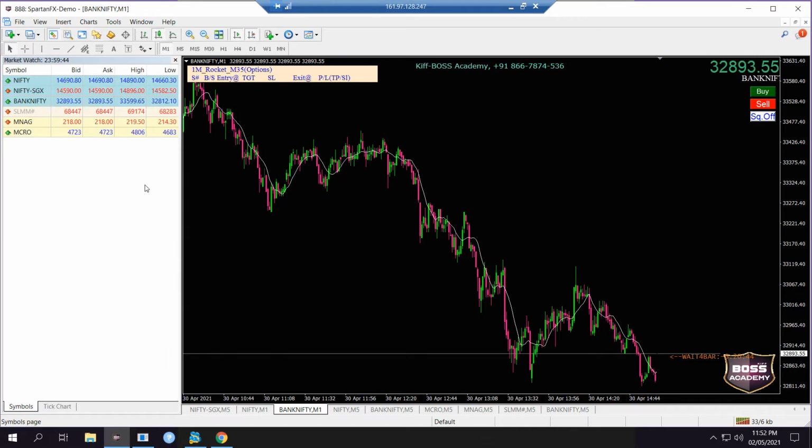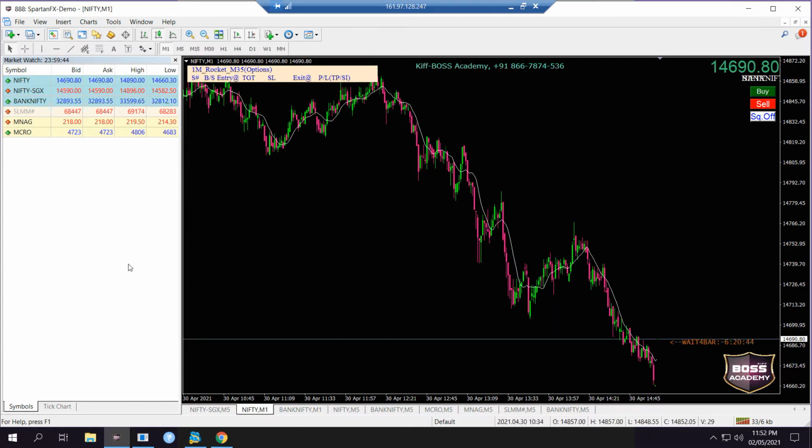In MetaTrader 4 we can use all the scripts, index, cash, NSE futures, commodities, and currency, whatever it is. All Indian market symbols can be traded. Here we are using only a simple strategy called rockets.